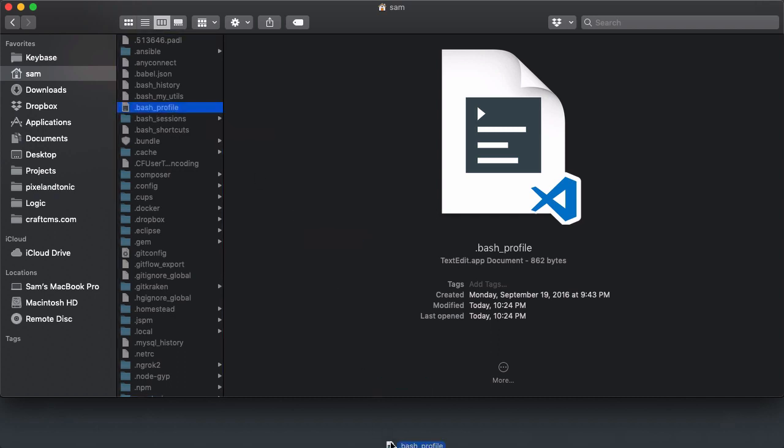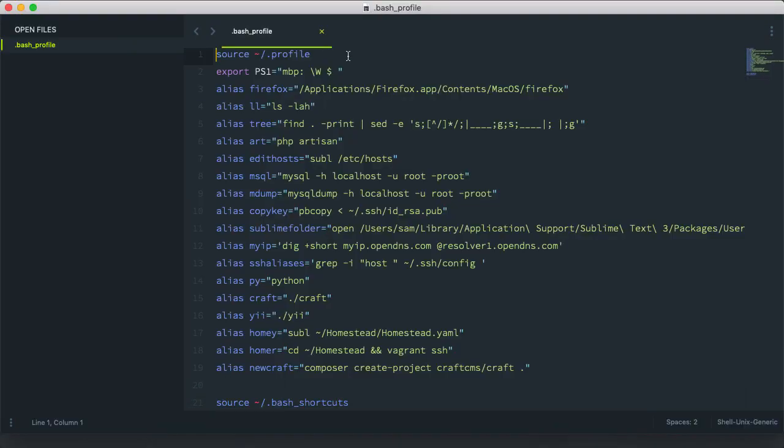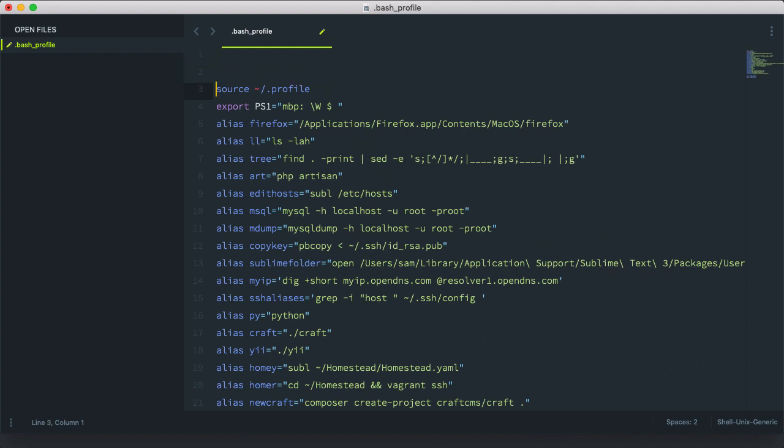I'm going to drop this in Sublime Text because it's easy to edit and show you that to edit the path, you just overwrite it, really. I'm not going to go into a deep dive in the rest of this stuff here, but let's just do this. The way you define a global variable is you just say export, and then we're not going to create a new variable, but we're going to overwrite the existing PATH, and we'll give it the path to Applications, MAMP,